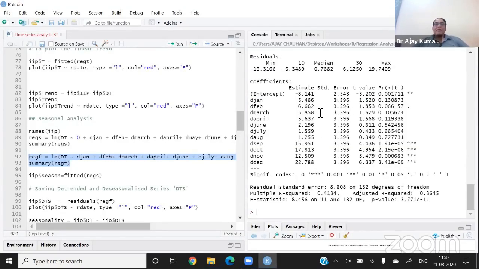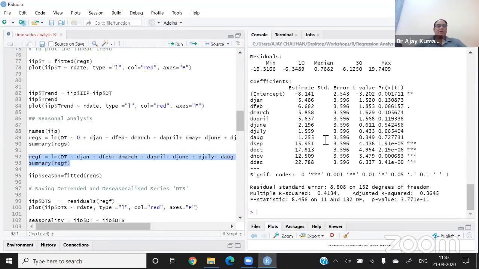So dummy variables are very common in time series analysis, and sometimes we use month dummies, day dummies, and event dummies, right? So you should be very efficient and comfortable in applying dummy variables in regression and time series analysis. Now what happens after running this model? What is the purpose? The purpose is that if I save the fitted values of this regression model, they are the seasonal effects.